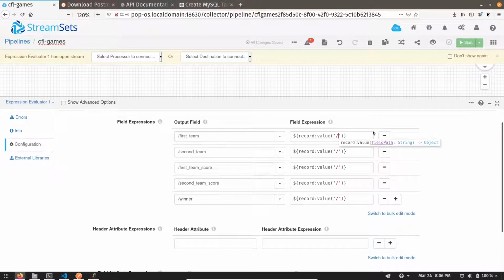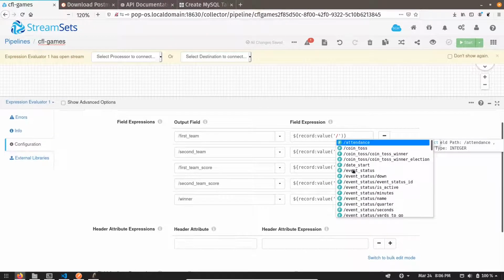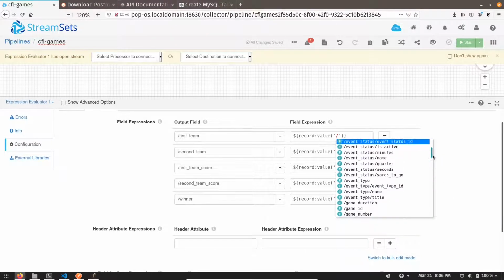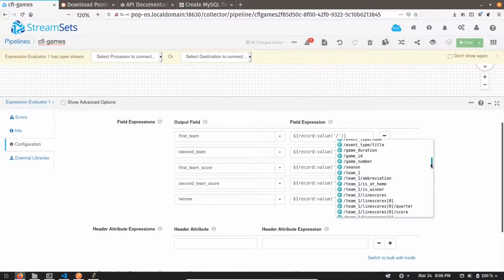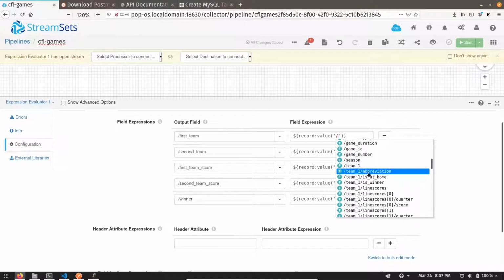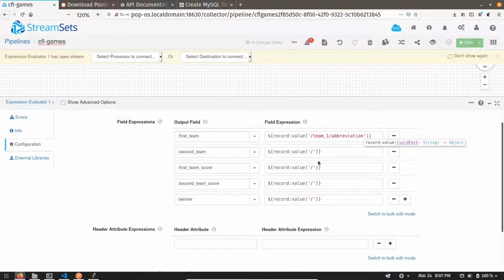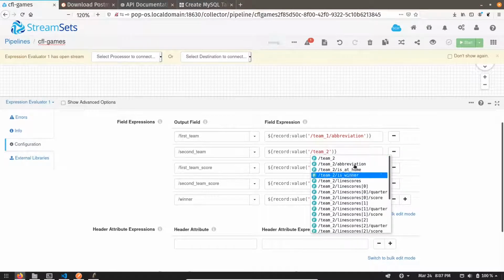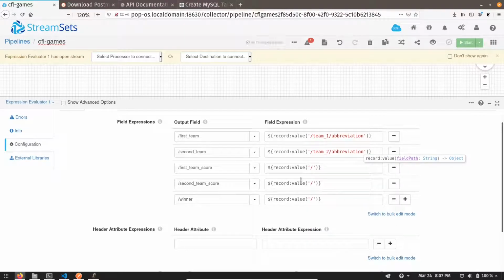So how can we extract first team? You can see there is a key called team1, and in team1 we have a team1 abbreviation, so we can take it as the first team. Similarly we can take team2, take its abbreviation, and first team score is nothing but